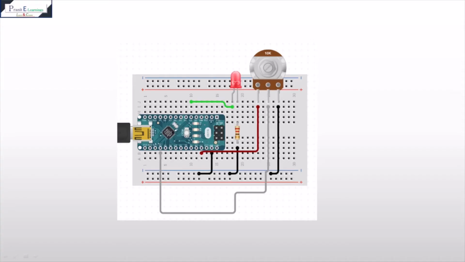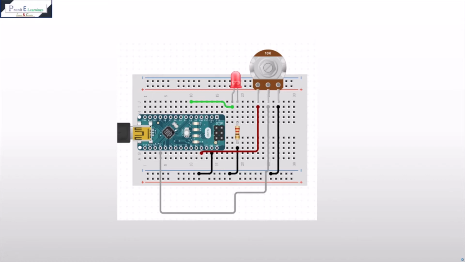In the circuit diagram there is a potentiometer, that is a variable resistor which will provide an analog input to the Arduino, and that Arduino will map the input and convert it into a suitable PWM form for the LED. Remember that you have to always connect your LED to any of the digital PWM pins of your Arduino, and the potentiometer input pin to an analog input pin of your Arduino from A0 to A7.